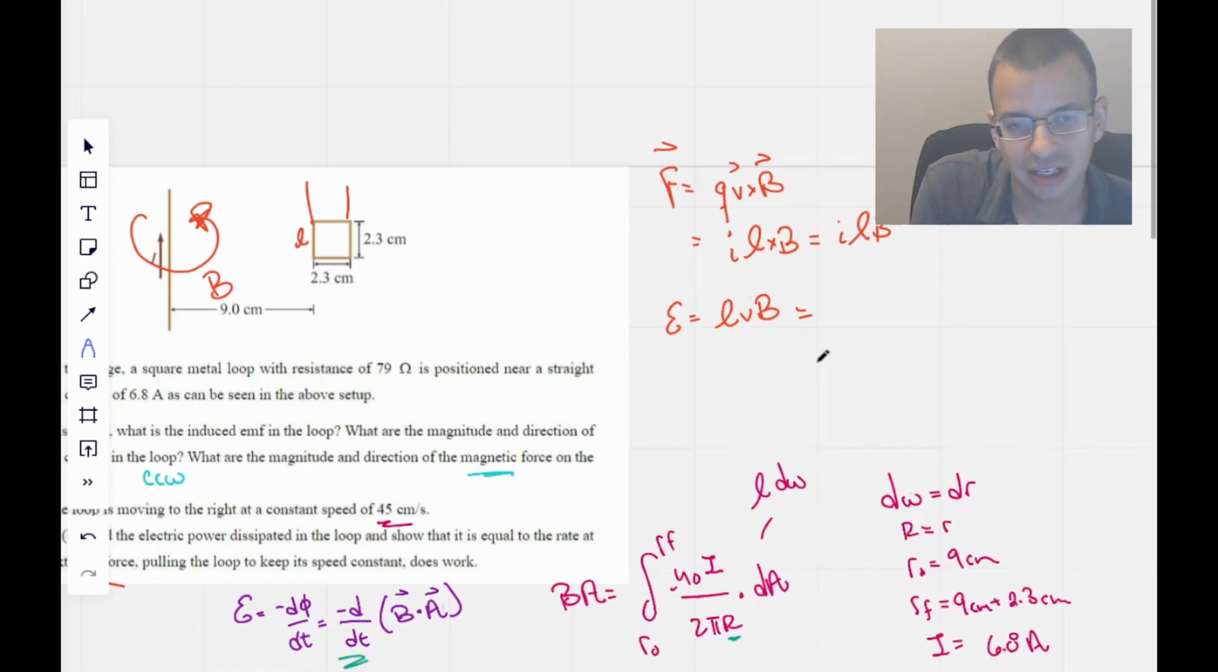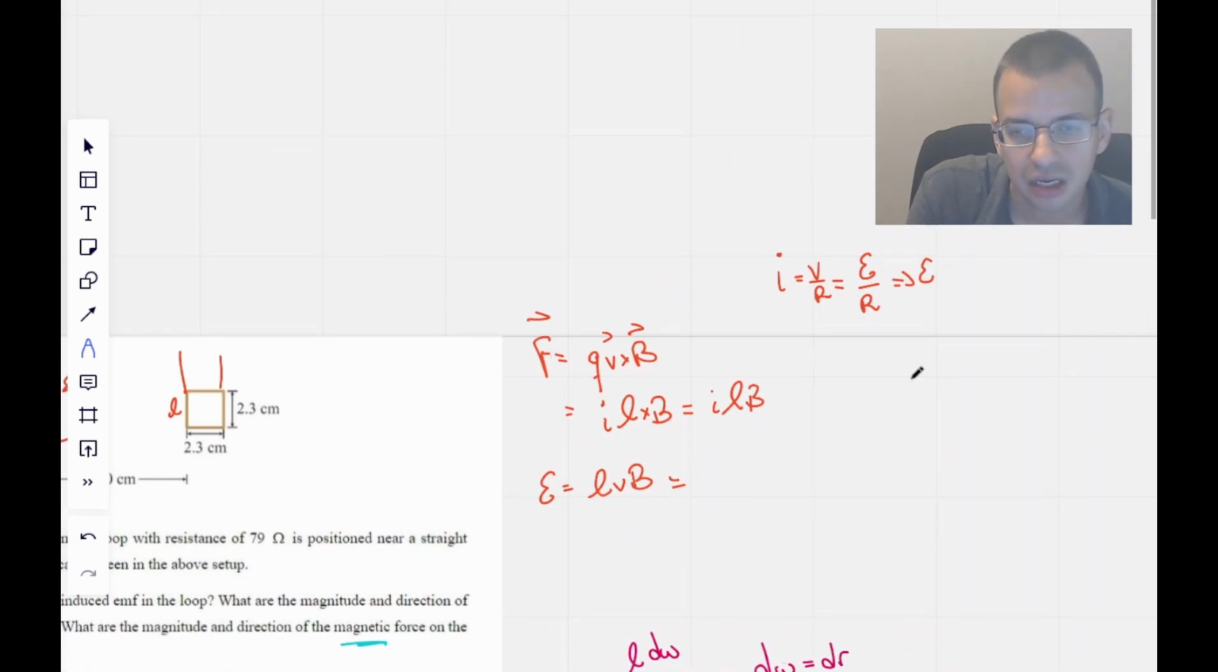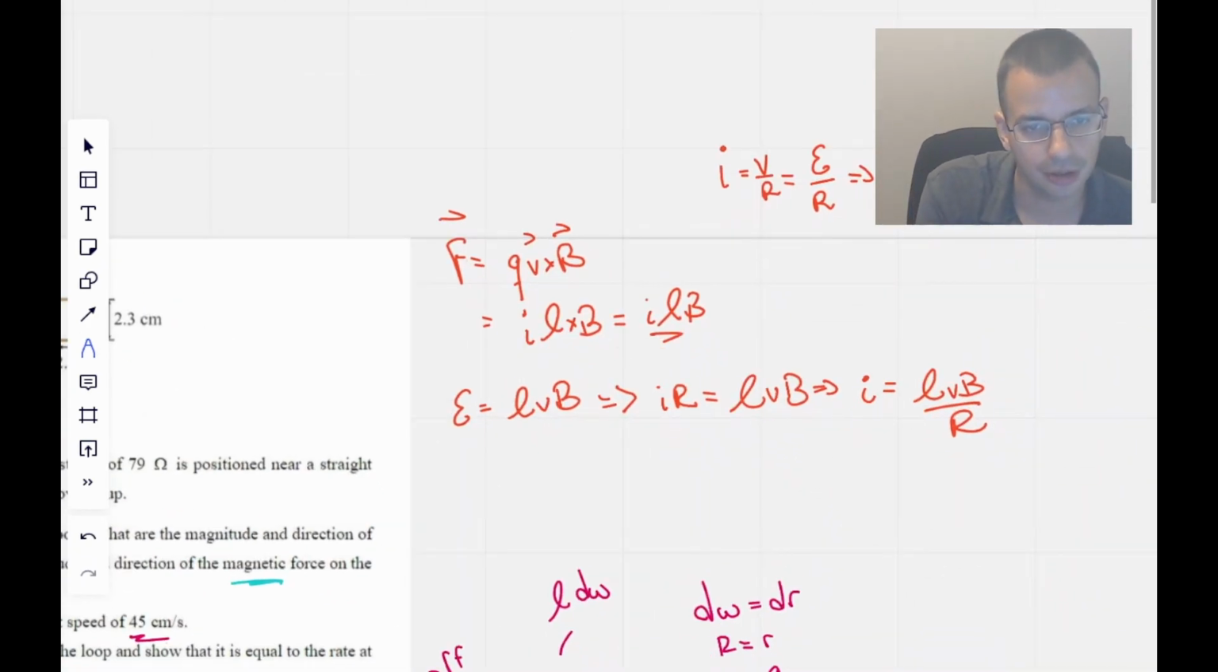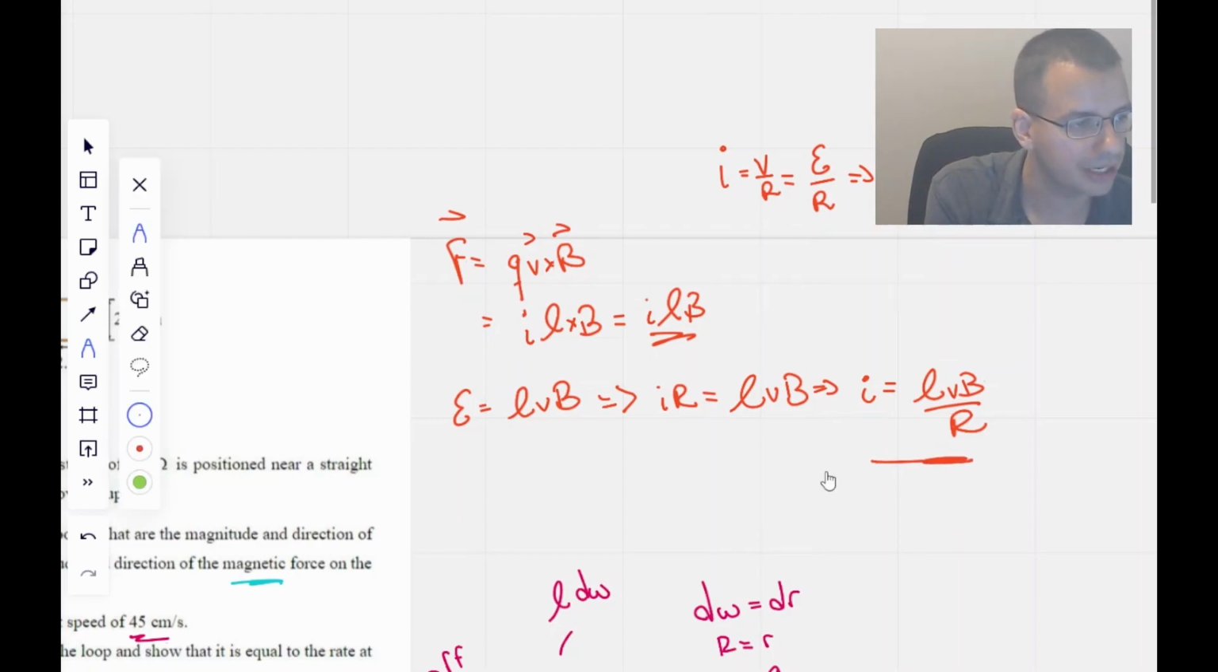So I'm going to say, we write this as EMF equals, move this out of the way so we can actually see it. EMF is current times resistance. So little arrow EMF, IR equals LVB. Therefore, current equals LVB over resistance. Okay, so now we're going to combine these two formulas that we just put up right here,